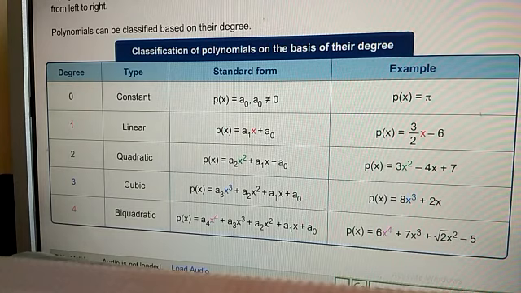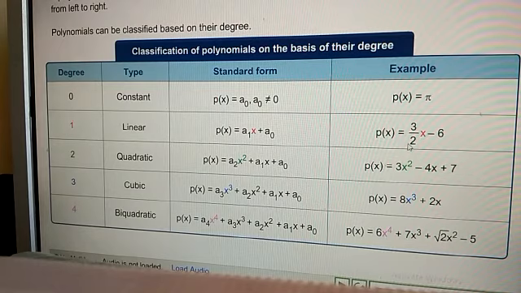Now when you write pi into x power 0, the power of the variable there is 0. So the only power here is 0, so the degree of the polynomial is 0 here. So when any constant polynomial is there, and you are asked what is the degree of the polynomial, it is nothing but 0, because pi can be written as pi into x power 0. So 0 is the degree of the polynomial.